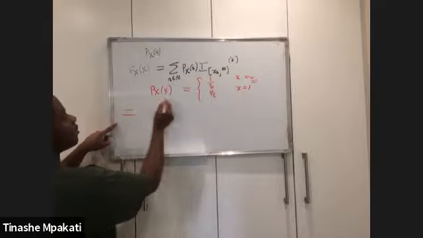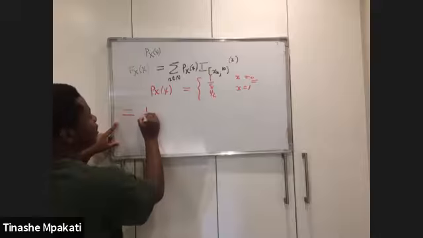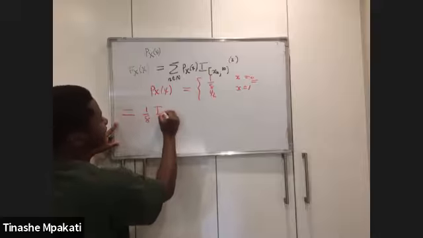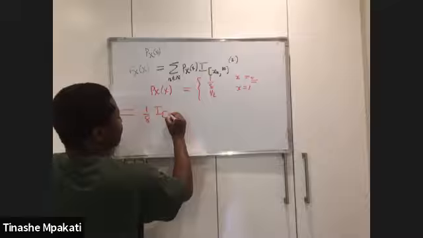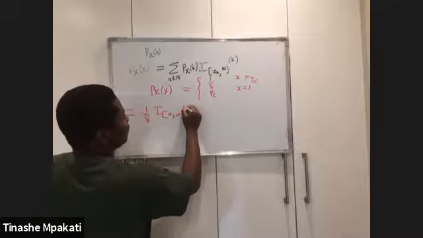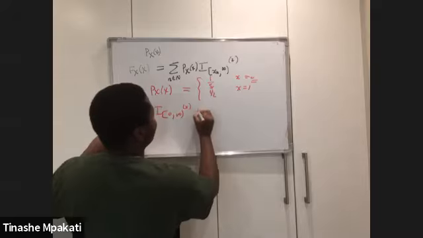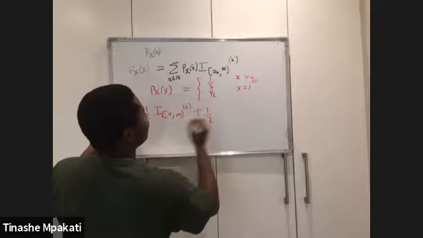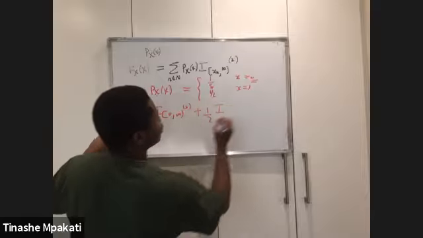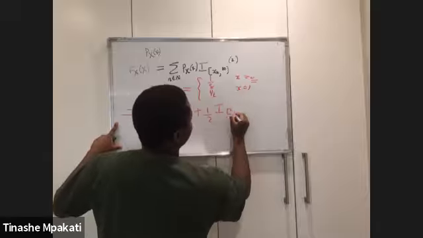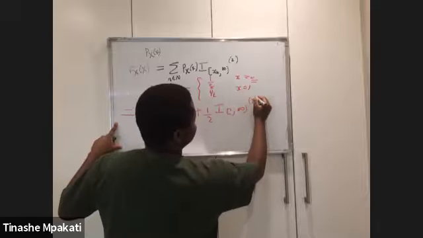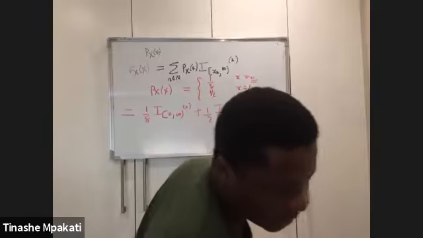So this is simply going to be your first probability, which is 1/8, multiplied by an indicator function, which you start from 0 to infinity, and you put your x like this here, plus you're going to have a half, and now you have your indicator function, and then your x is 1 to infinity, like this. That's just something I wanted to say in passing.